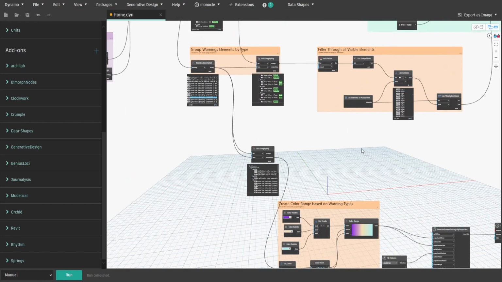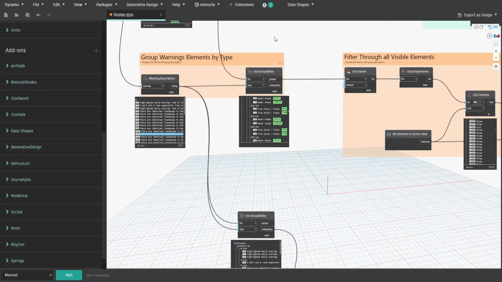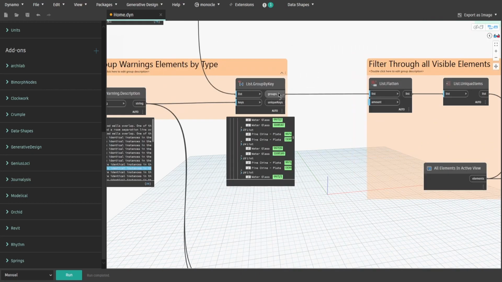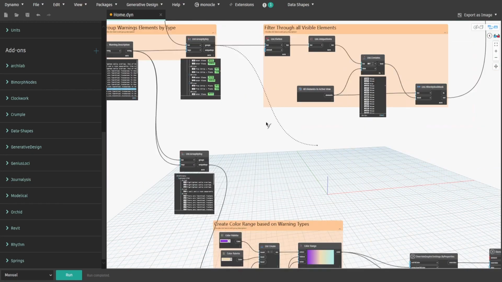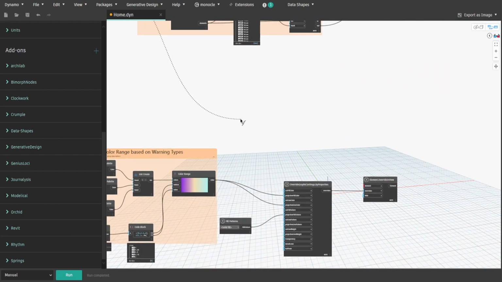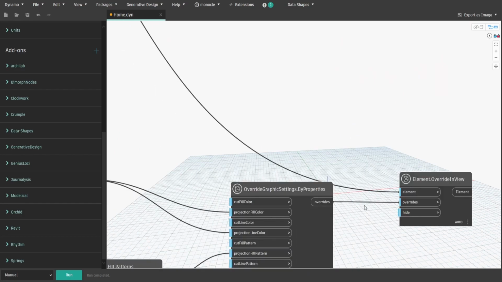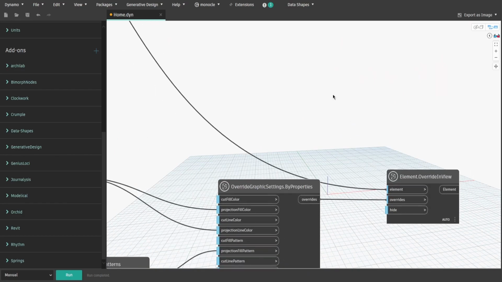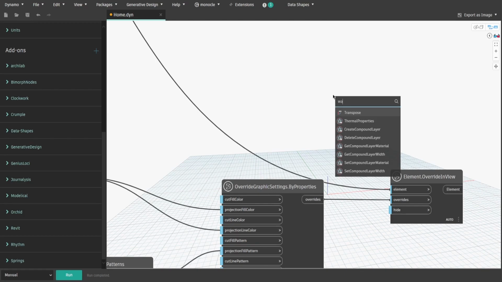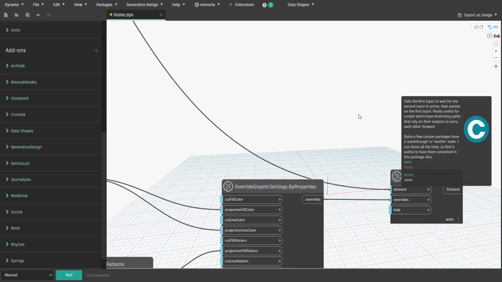The reason why we are using that output values and not the output from the filter through all visible elements group is that we want to maintain our failing elements grouped by its warning type. That way we can assign different color for each warning group. We need to make sure we make overrides in sequence as well, as it would prevent errors when we reset